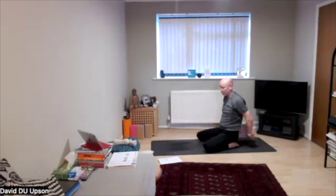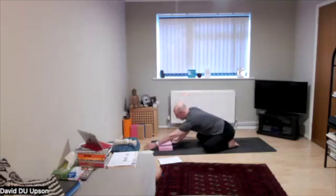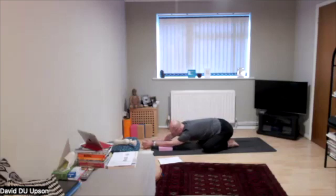I'm going to take that block forwards now and just ahead enough that as I come down, I'm going to be able to get my elbows onto the block. Now I need to have the palms together, so the arms are getting closer together, stretching them as far forward as I can with my heels and buttocks still connected. I'll drop the head in and then allow myself to bend the arms at the elbows